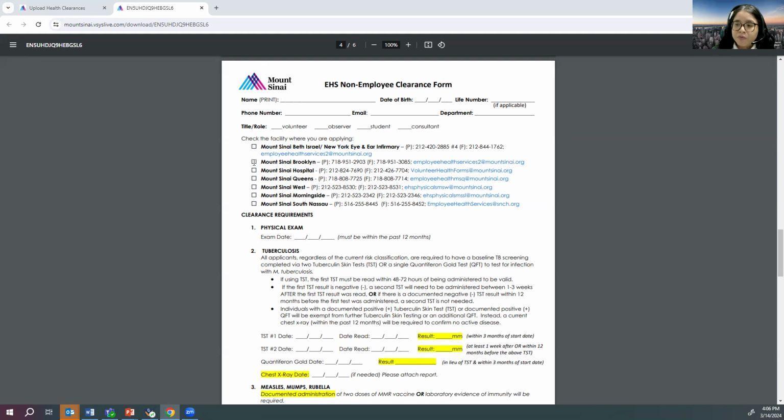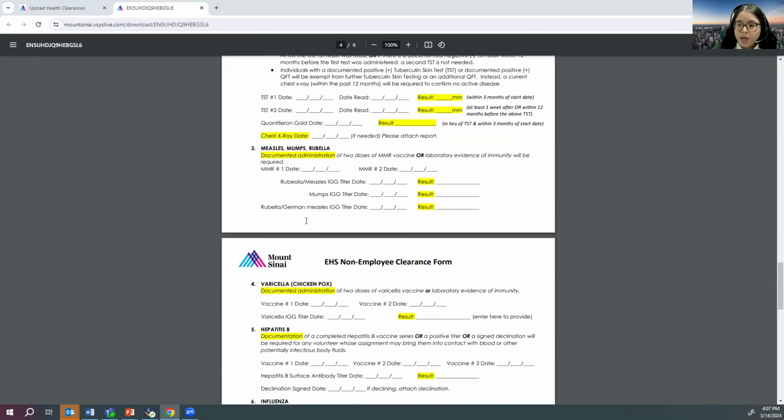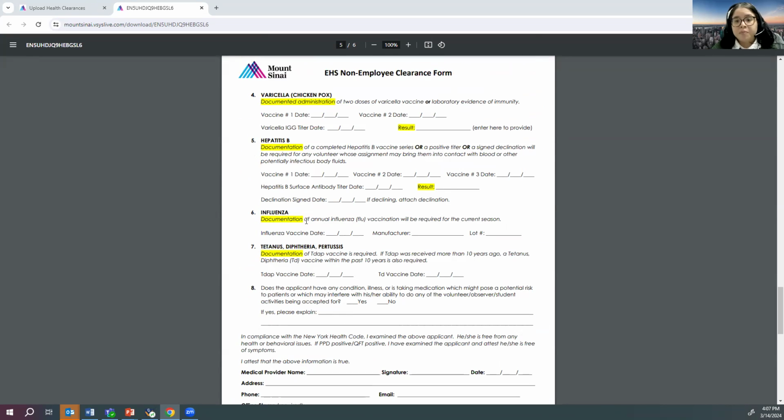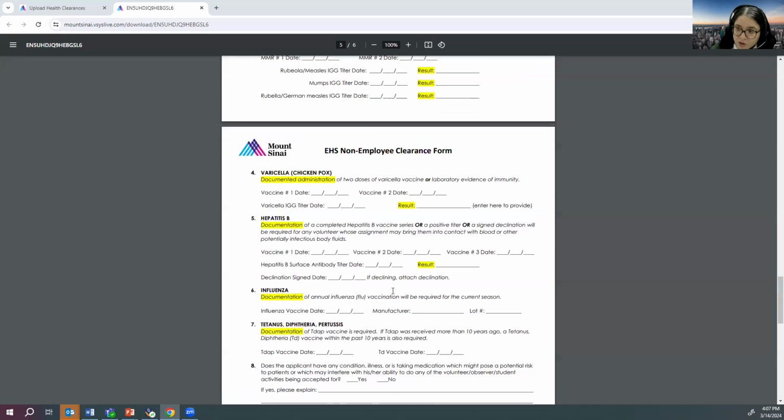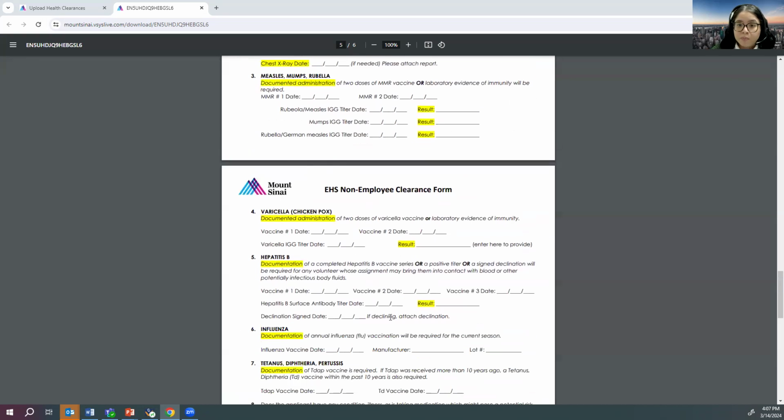Then you will check off the facility where you'll be doing your assignment. If you are at the Icahn School of Medicine, you're going to check off Mount Sinai Hospital. For the clearance requirements 1 through 8, that is to be completed by your primary doctor or health provider. And you want to make sure that your doctor or whichever is your health provider also signs, dates, and stamps the form. After it is returned to you fully completed, you will need to upload it to your VSys account